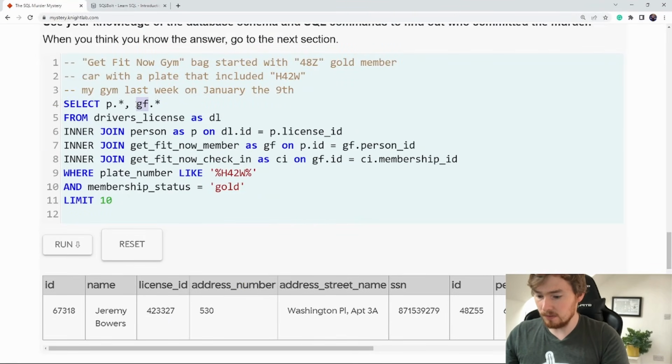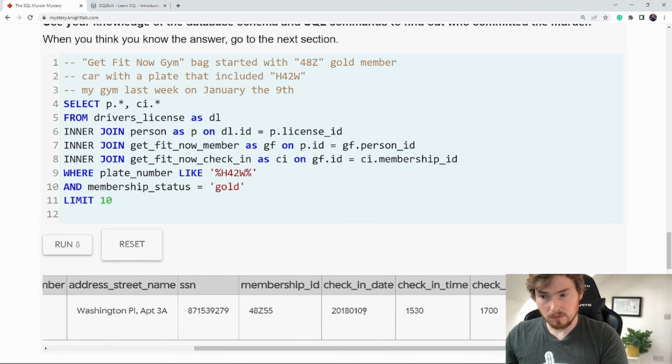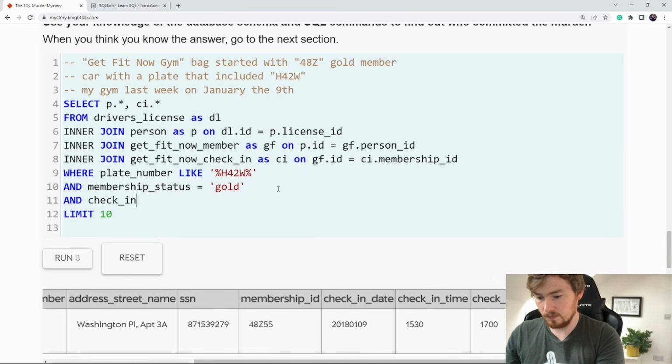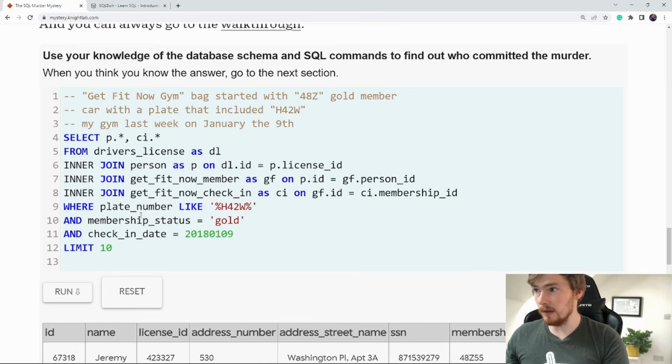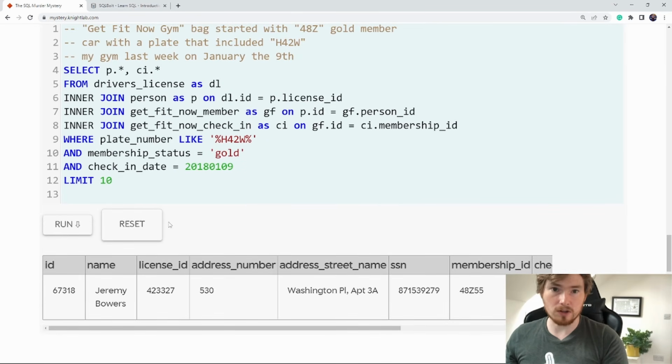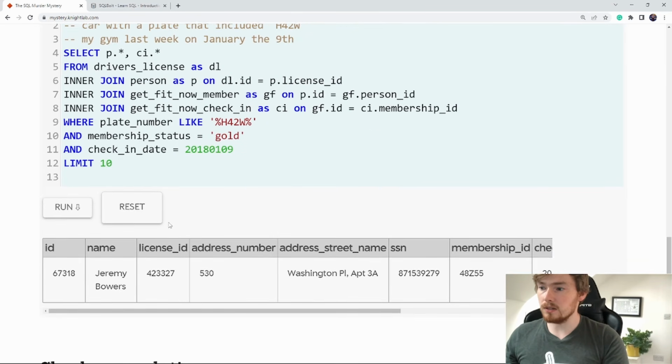Okay, I'm going to bring in my CI information as well. So there we have it. We also have a check-in date of that. We still get this, that Jeremy is going to be the killer in this case. Okay, so what we need to do now, I'm pretty convinced it's Jeremy, so what you need to do next